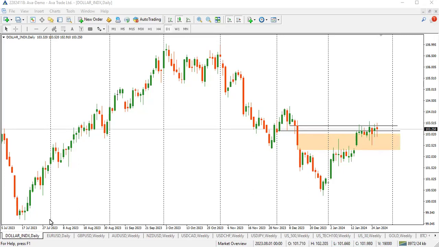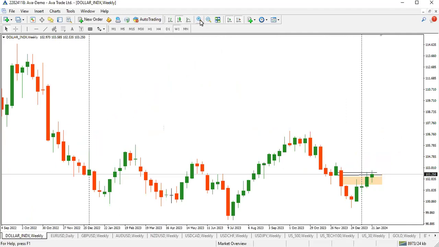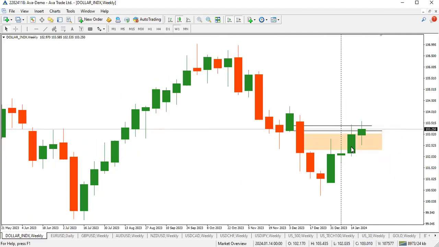All right, so this is the dollar index. Let's go to weekly charts. On the weekly time frame, two weeks ago, the last review we had, when I saw this, I knew it had traded into a bearish order block. I knew it's either going to consolidate here or reject and go lower, because, of course, the bearish order block has to act as resistance to send price lower.